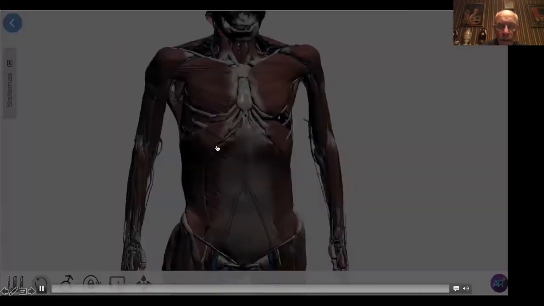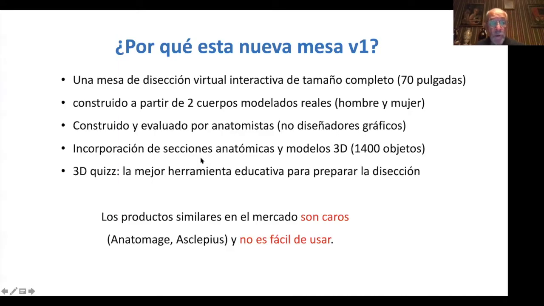So now just a little more comments about this. Why did we create this? Because you know probably that you have a lot of solutions in anatomy regarding vertebral dissection on the web, on smartphone programs. Why? Because this is a very complete solution which was created by experts in anatomy, not computer graphics. It incorporates sections with the models, very precise models.